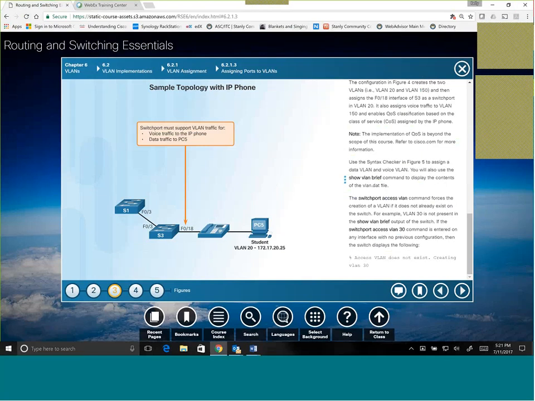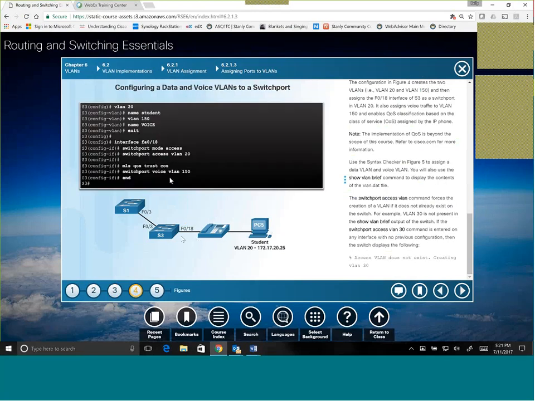So here's each pod with IP phone. It's got to support the VLAN traffic. It's got to support a trunk right there, which they will actually establish by default. So you see here, VLAN 20 named student, VLAN 150 named voice, and then switchport mode access, switchport access vlan 20, mls qos. This is doing the quality of service for the voice traffic, and then switchport voice vlan 150. And you would have to do a lot more with it to get